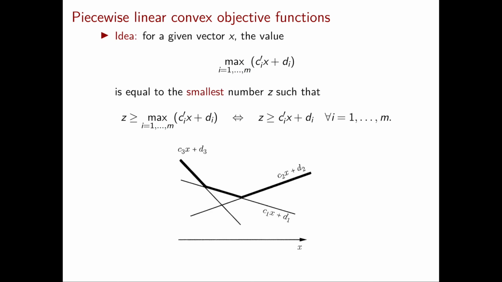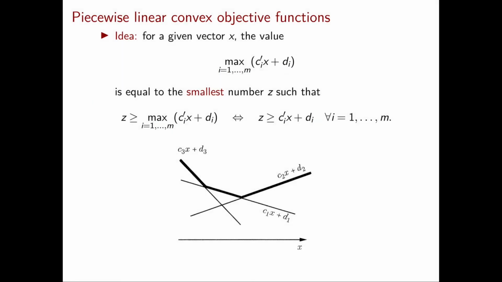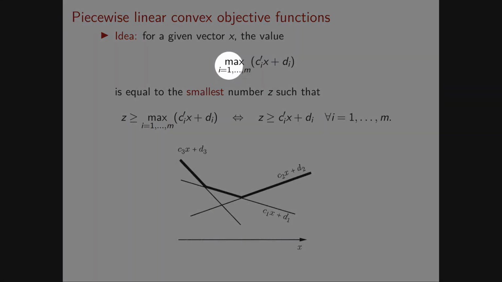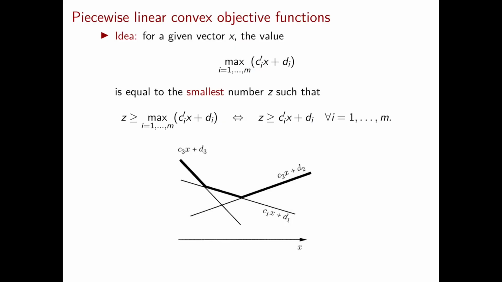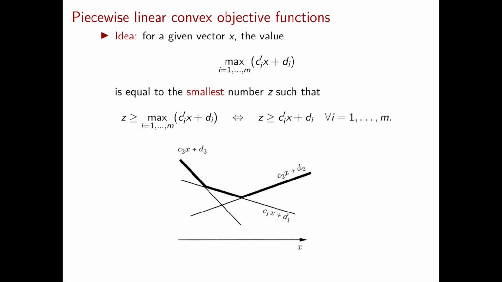So the function that we're minimizing is this piecewise linear convex function, max of c_i transpose x plus d_i. Now the whole idea that is needed to make this transformation into a linear programming problem is to realize that this maximum is equal to the smallest number z which is larger than the max. This is really obvious, because what we're saying is that z must be greater than or equal to the max, but we're picking the smallest such z, and this will be the z that satisfies this inequality at equality. So of course we will have z equal to the max, which is exactly what we want.